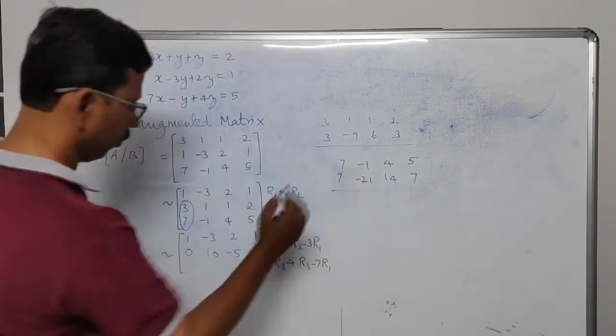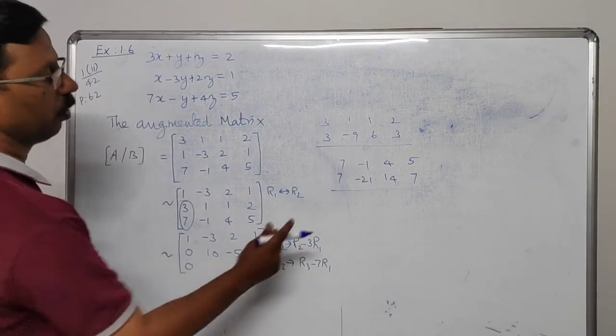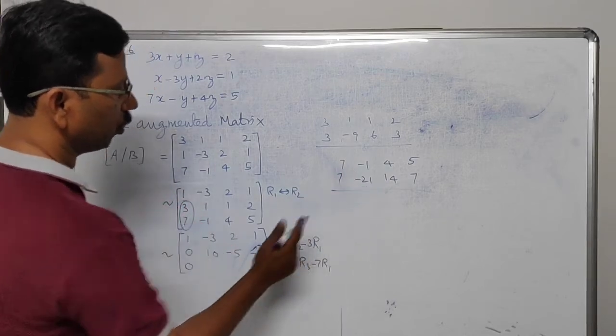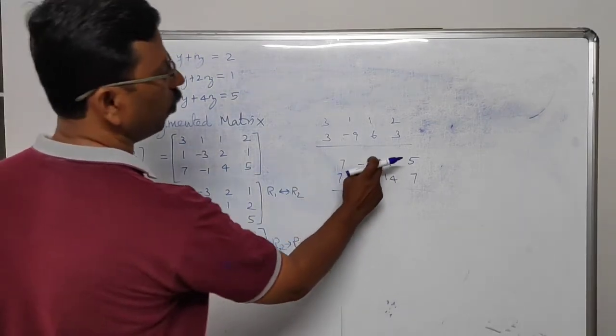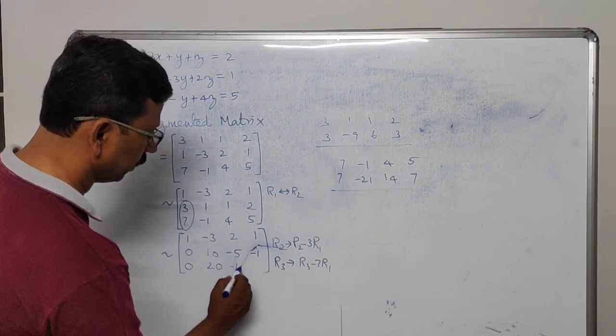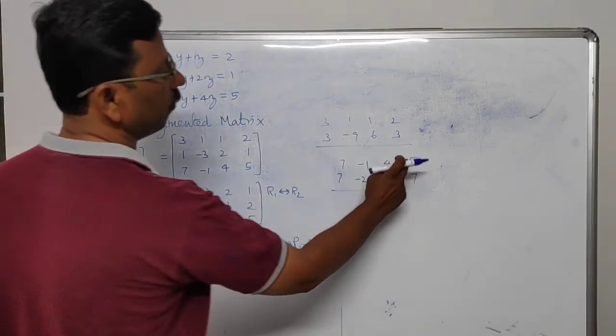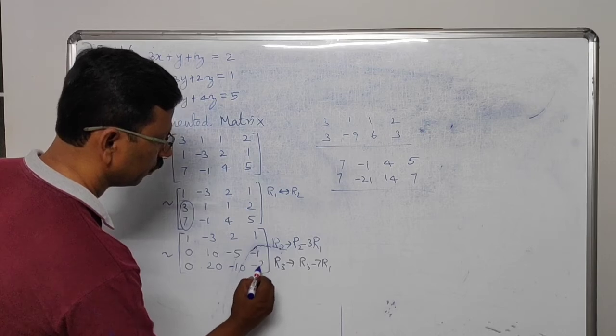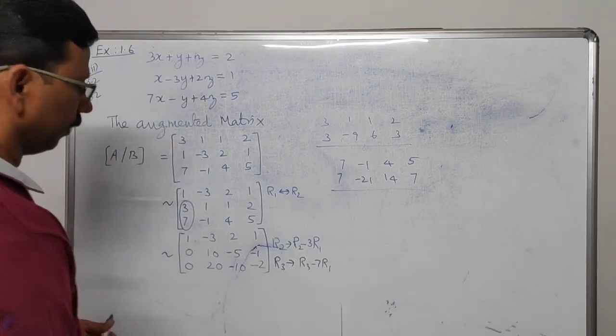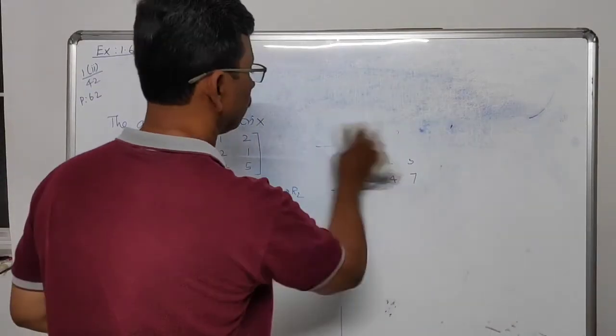Then if you subtract, 7 minus 7 gives 0. Minus 1 plus 21 means plus 20. Then 4 minus 14 means minus 10. Then 5 minus 7 means minus 2. Okay. After this,